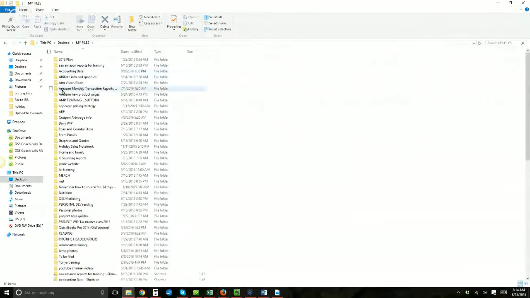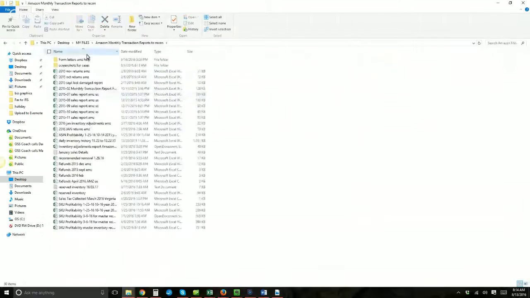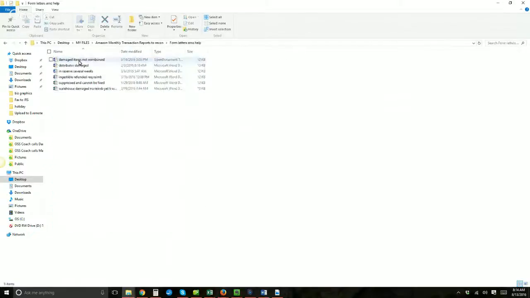All right, so I have a folder called Amazon Monthly Transaction Reports, and this is where I keep all my stuff that I use for reconciling and checking my inventory and so forth. Okay, so I have this folder called Form Letters, Amazon Help. Once a month, I reconcile my inventory for damaged items, things that the warehouse damaged and so forth. So when I'm getting ready to do that every month, I just open this folder and then I have all my different templates. So this one, for example,